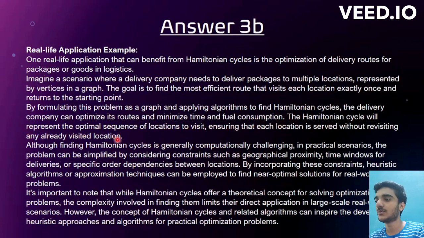any already visited location. Although finding a Hamiltonian cycle is generally computationally challenging, in practical scenarios the problem can be simplified by considering constraints such as geographical proximity, time windows for deliveries, or specific order dependency between locations. By incorporating these constraints, heuristic algorithms or approximation techniques can be employed to find near solutions to the real-world logistics